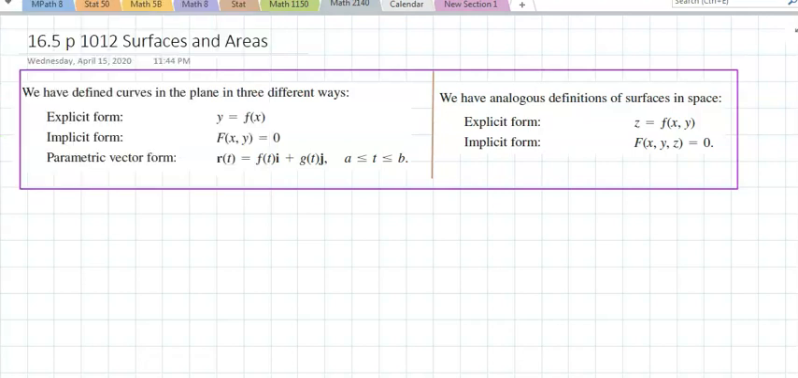Section 16.5 talks about surfaces and areas, and we start by recalling that we defined curves in the plane in three different ways. We used explicit form, that's y equal a function of x, implicit when we get a 0 on one side, everything else on the other side, and parametrically. And we're talking about something like y equal f of x, right? A curve in